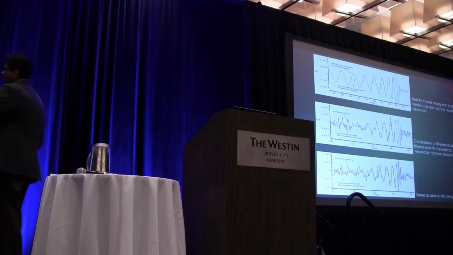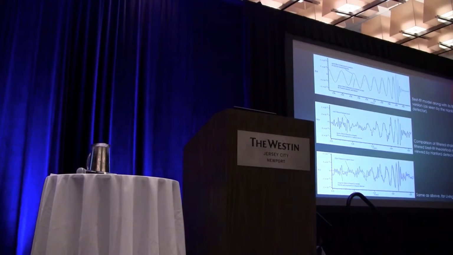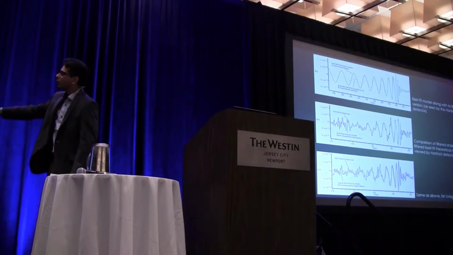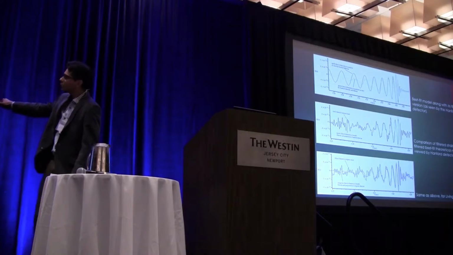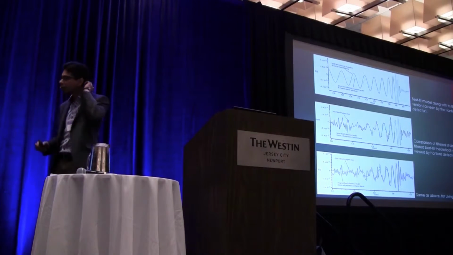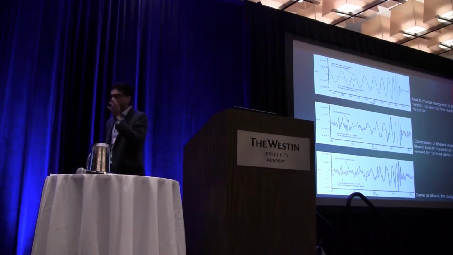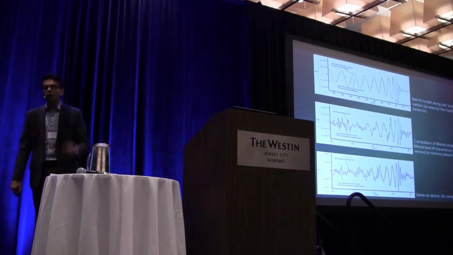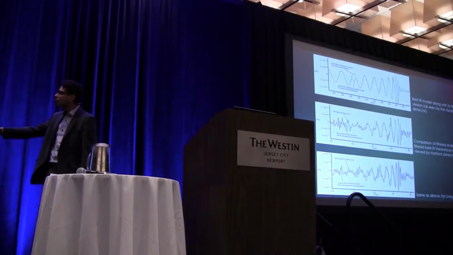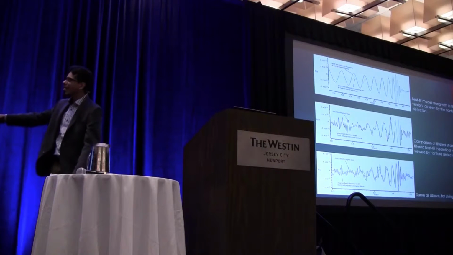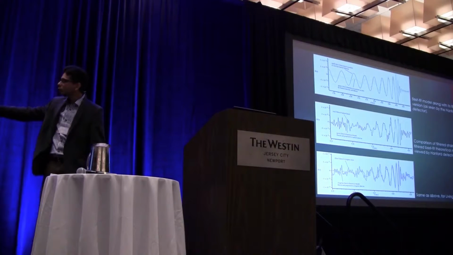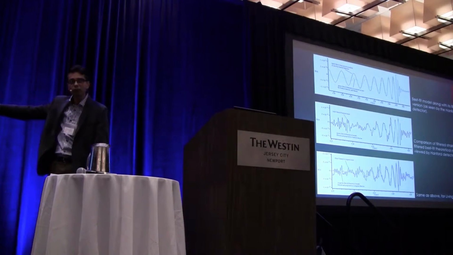LIGO did the analysis and found the best parameters for the system that produced the signal. The red curve over here is the resultant signal that we would get from those parameters if we solve Einstein's equations of relativity. If we filter out the low and high frequency noise components, then we get this green signal over here. If we plot the green simulated signal on top of the actual signal detected by one of the detectors, you can see that they align very well. So the theory predicts these signals with a very high level of accuracy.